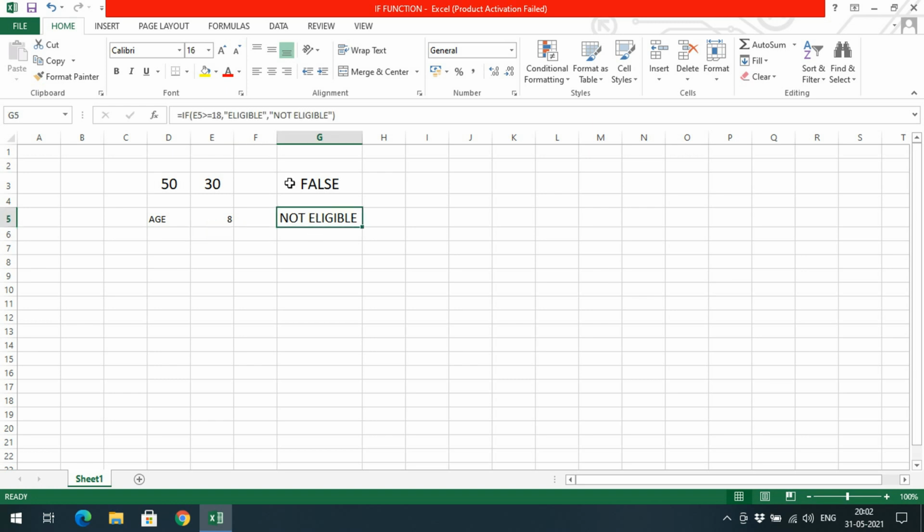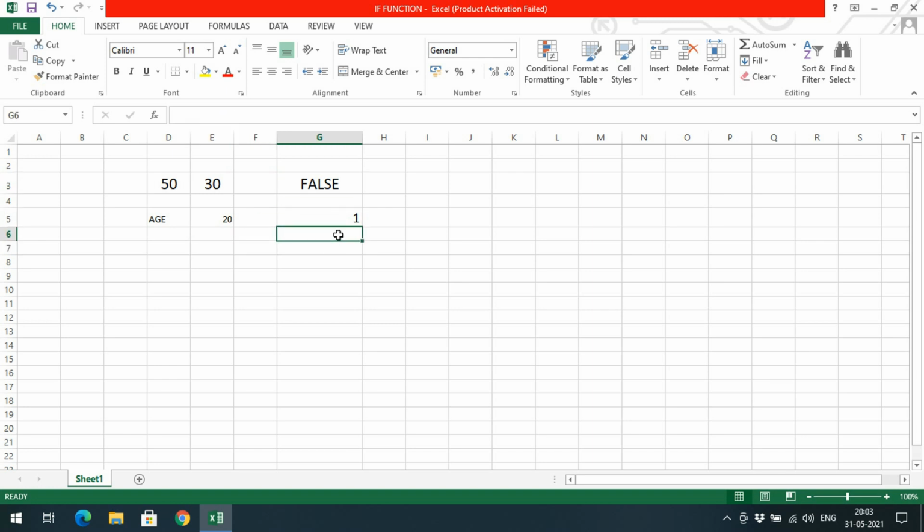So you can represent 1 as eligible and 0 as not eligible. The numerics or integers cannot be represented in double quotations. You can observe here, it will give 0. If you go with 20, we will get 1, right? So this is a numerical representation, and this is the Boolean representation. For getting the Boolean result, we need not go with the IF condition. Directly we can compare the values.